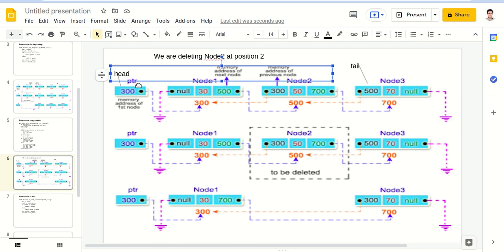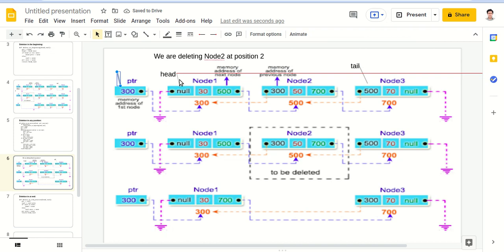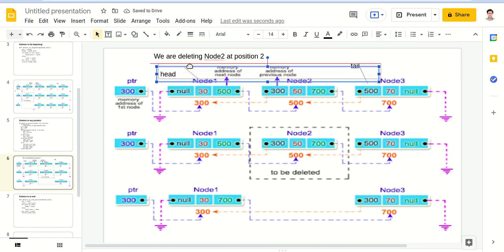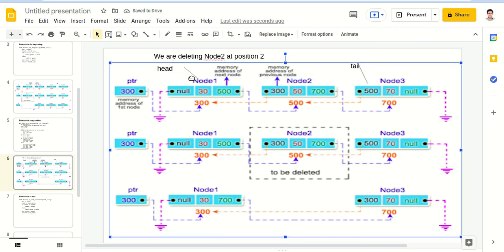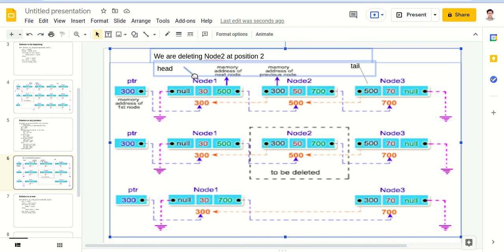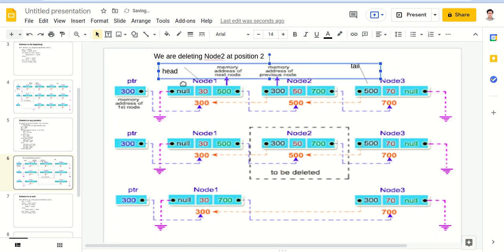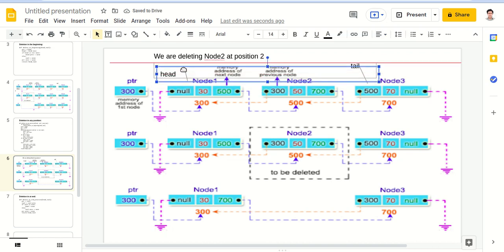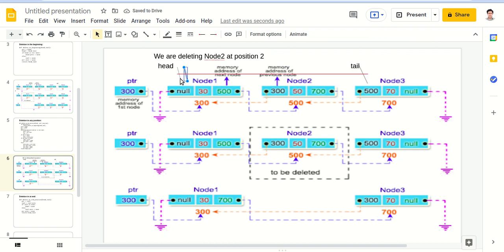Sorry, this is not this one. This one is the head pointer, this one is the tail pointer, and now we are trying to delete an